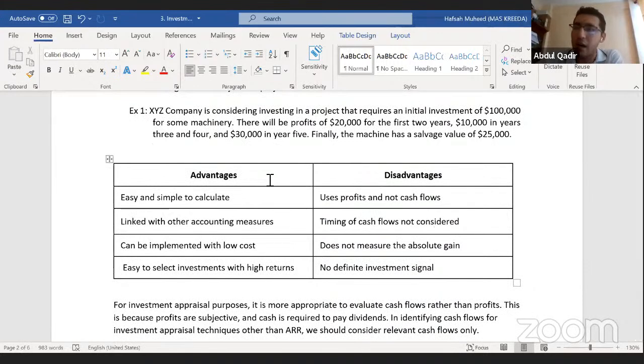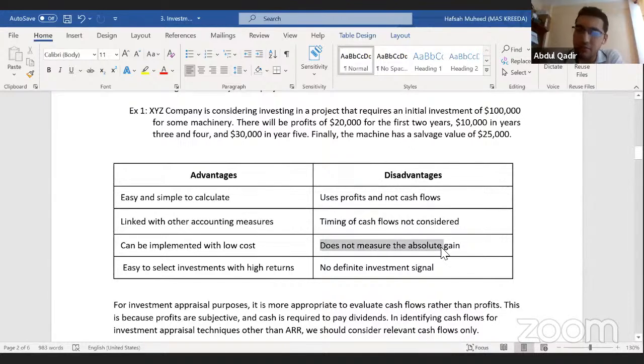You all would have heard of inflation, discounting, time value of money. These are all different concepts to explain that. Even when your parents say, especially these days, goods are very expensive. They say 1,000 rupees, which you can buy something with today, is not what they bought a few years ago, right? So the timing of the cash flows needs to be considered, and this method does not do that. It assumes that if you're supposed to receive 100,000 in 5 years, that 100,000 is equal to 100,000 as today, which is a big disadvantage.